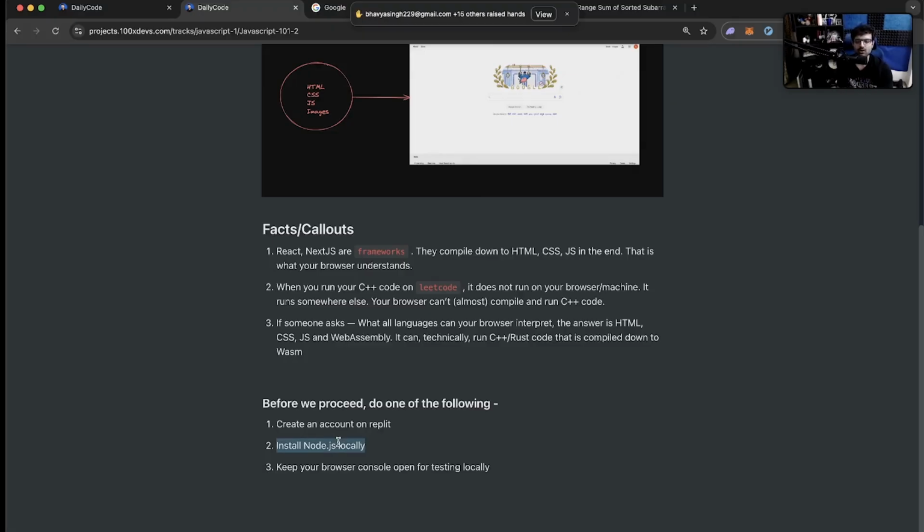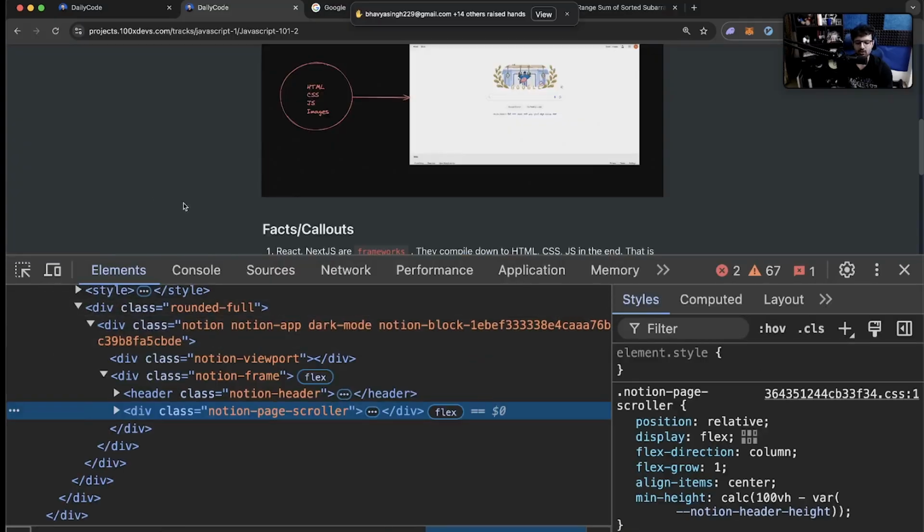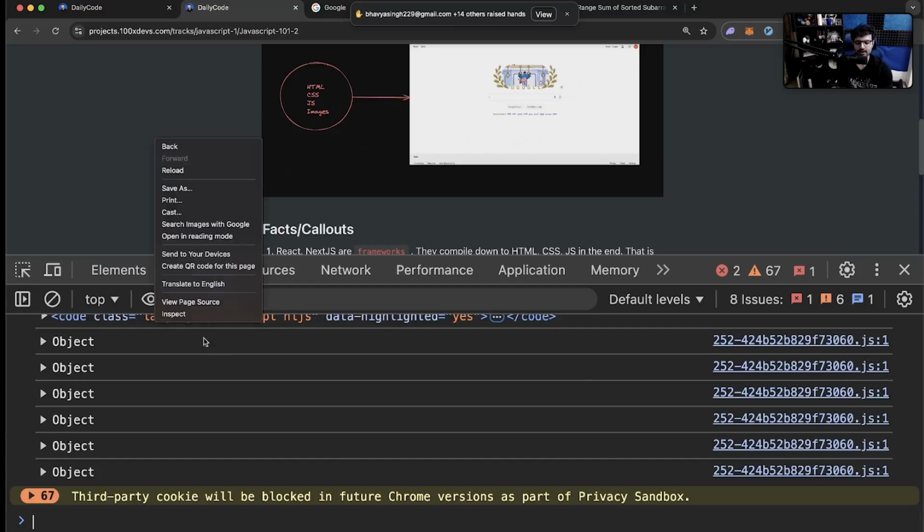If you're not able to install Node.js locally in the next 10 minutes, or if you're not able to create an account on Replit, I will share a third way for you to test things locally. Let me give a quick look at how you can run JavaScript locally if these don't work. You can right click, I repeat, right click, click on this inspect button right here, just like we clicked a while back, and click on console. I repeat, right click, inspect, console.